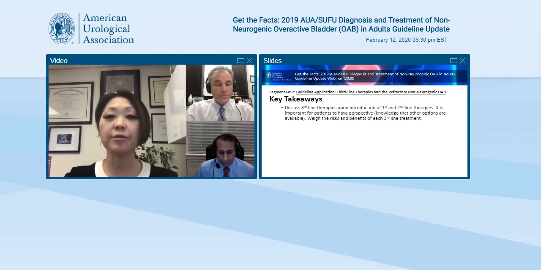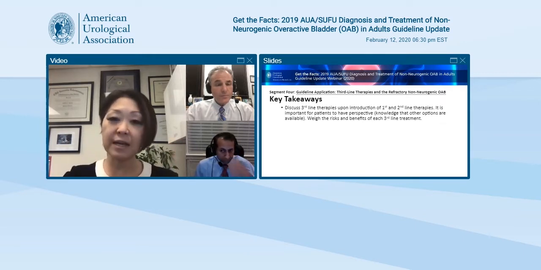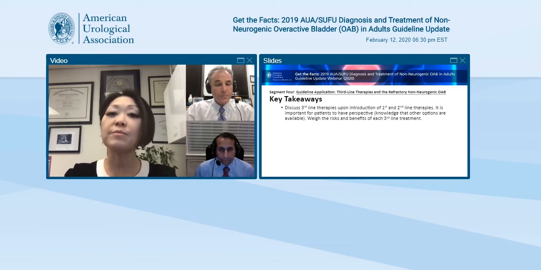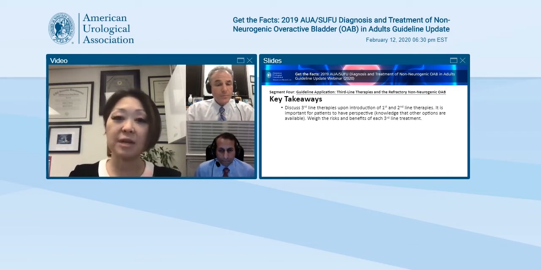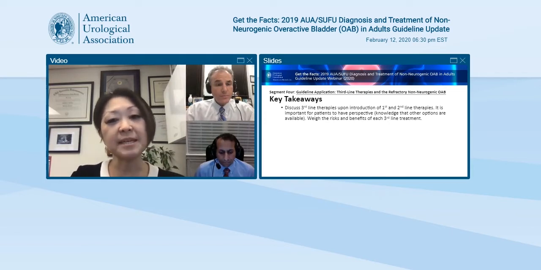So I tell them, let's see you in 4 to 6 weeks. And at that time, if this hasn't taken care of your issue, we may talk about these in more detail. But I introduce all of the third line therapies in relative detail, not totally in the weeds, but enough that they understand that they're not really invasive, big deal procedures. So I think it's important to keep them optimistic and get them back into your office if the treatment hasn't been helpful.